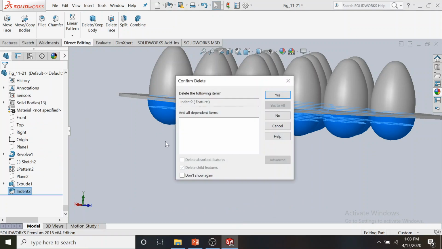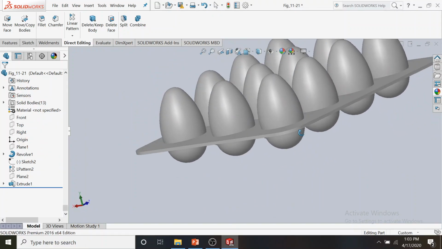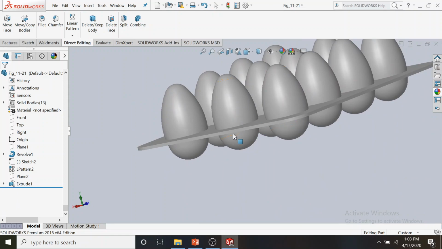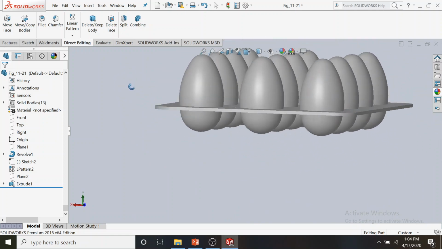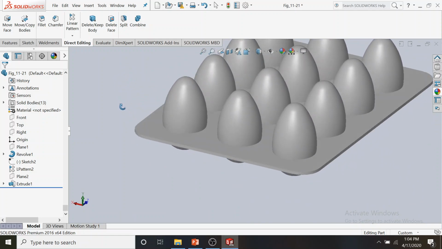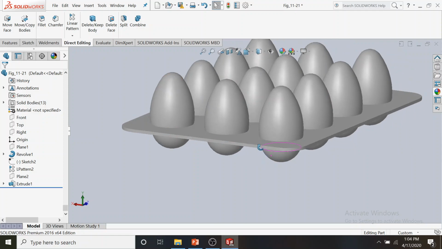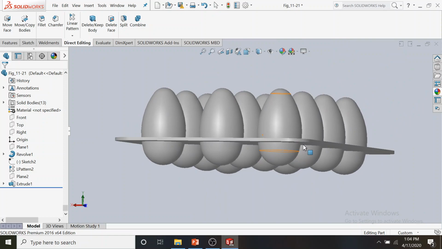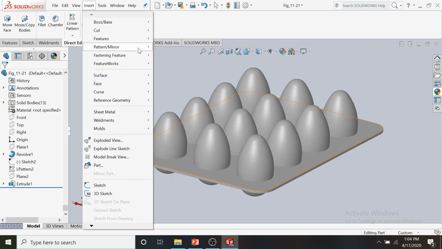So I will delete this indent. After I delete this indent, you see this is the full egg. So the material has not been formed. So I'll show you how to form the materials. Now you have to design the tray and you have to design the set of eggs. Then we have to deform this tray shape according to the egg. So we will show you how it works. Go to insert, get features,